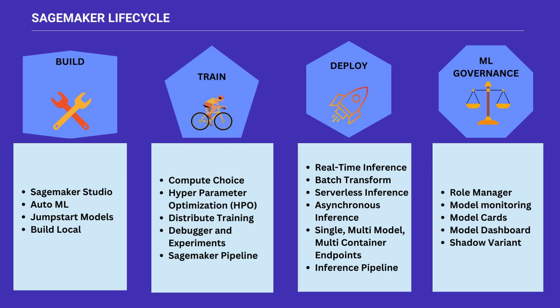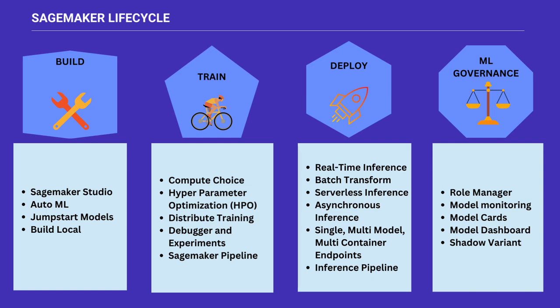And this is a space where most of the innovation is currently happening at SageMaker, and more models are getting into production. And as an MLOps engineer, or as a big organization, they want to make sure that machine learning is governed properly. I must include something like SageMaker Clarify, which will give us bias information that's part of the governance. And you can use Role Manager for what kind of access the different personas, which we highlighted in a previous section, can have: data scientist or data engineer, or you can create a custom